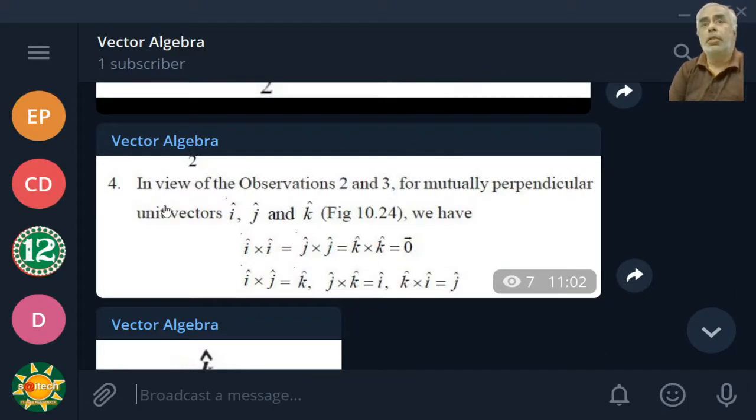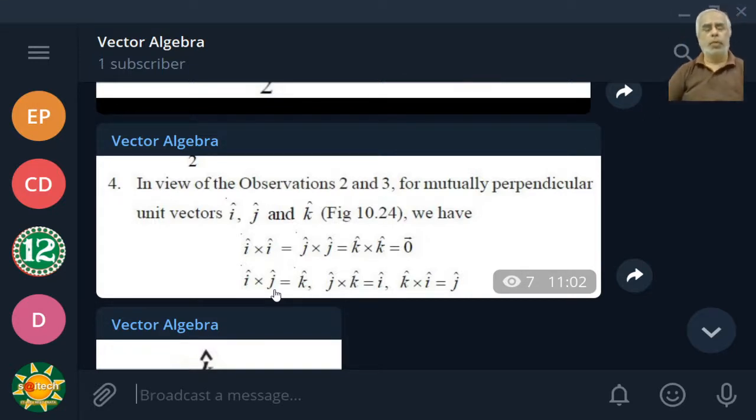Then look at this. In this case, let us deal with the unit vectors, that is caps. So here i cap cross i cap becomes 0. Why? Because their angle is 0, is it not? But when they are perpendicular, for instance, i is perpendicular to j, in that case the theta is equal to 90 and sine 90 is equal to 1. Therefore, i cross j is equal to 1 into normal, is it not? So that is n cap. So in this case, k cap.